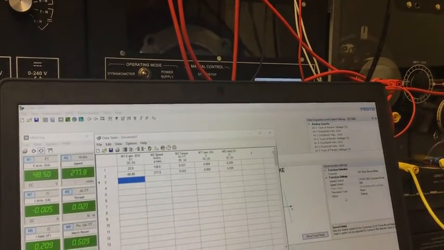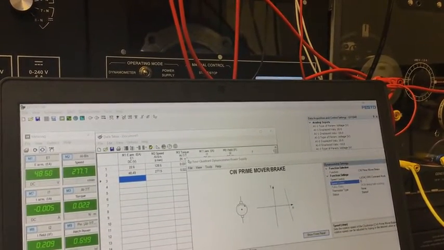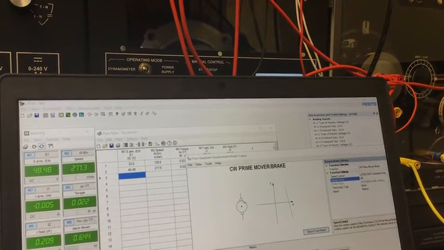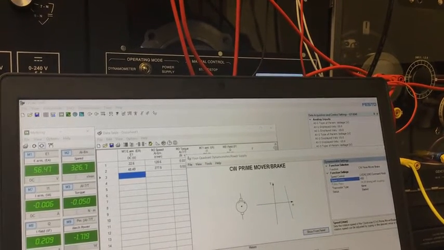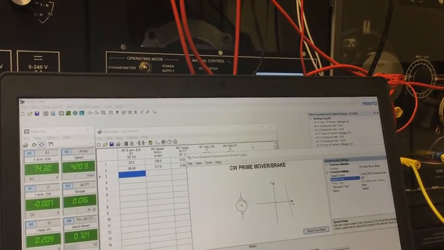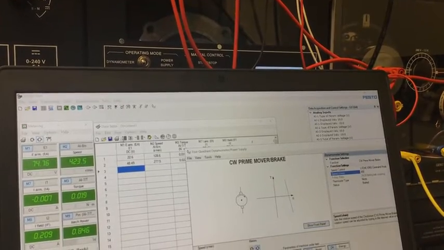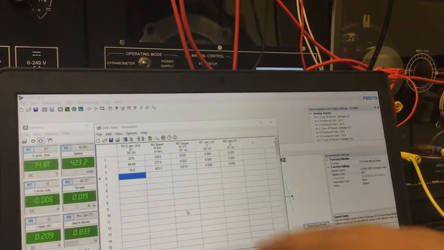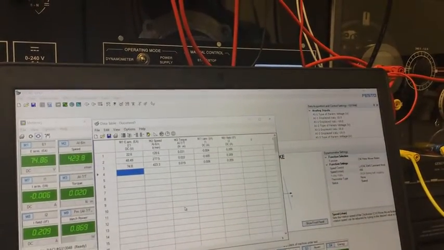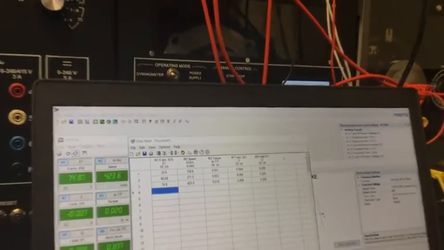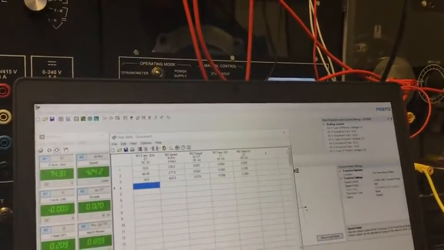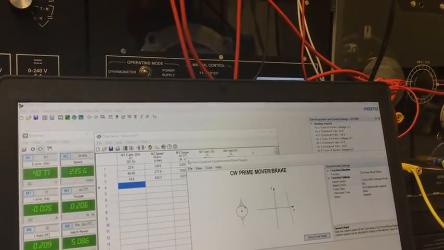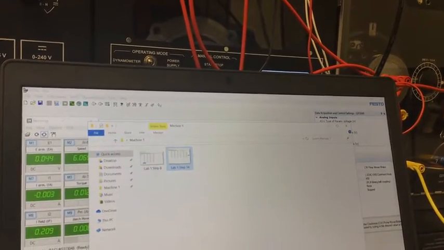If I increase to 400, now it's moving quickly. You can see the data. This way we can save. I've already done this experiment, so I will provide the result for your report. This one.